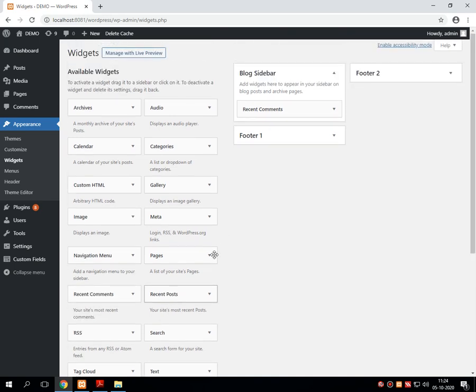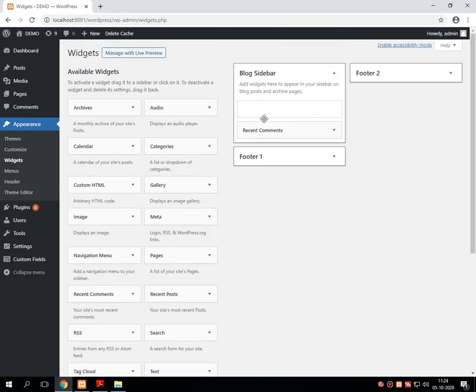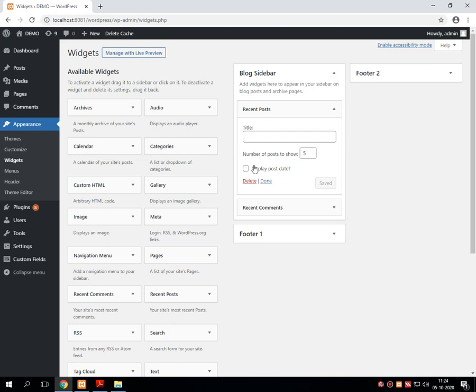Just drag and drop that recent post over the block slider where you want to display it. I am removing this recent comment from the list. I just want to display the single recent post onto the block slider. So I am updating this over the block slider page.